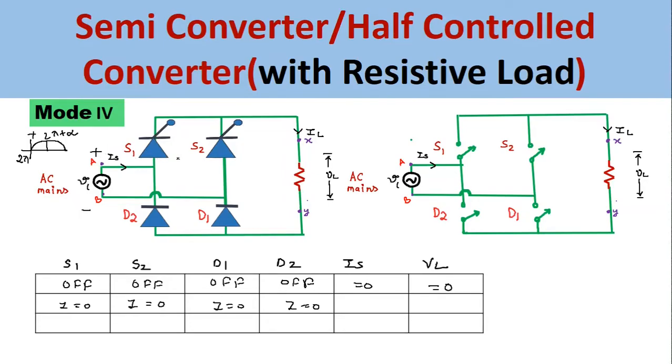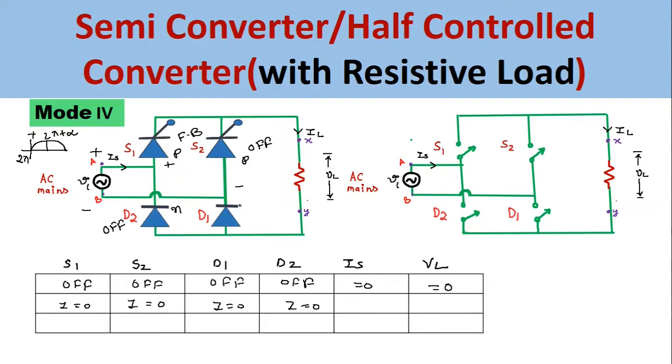Now this positive will go to the P side of this S1 SCR. So this S1 SCR will go into the forward bias condition, and this positive will go to the N side of this D2 diode. So the D2 diode will be in the off condition, and this negative sign will go to the P side of this S2 SCR. So this S2 SCR will go into the off condition. Before, in mode number 3, it was conducting, but now when mode number 4 comes, it will go to the reverse bias condition and eventually turn off.